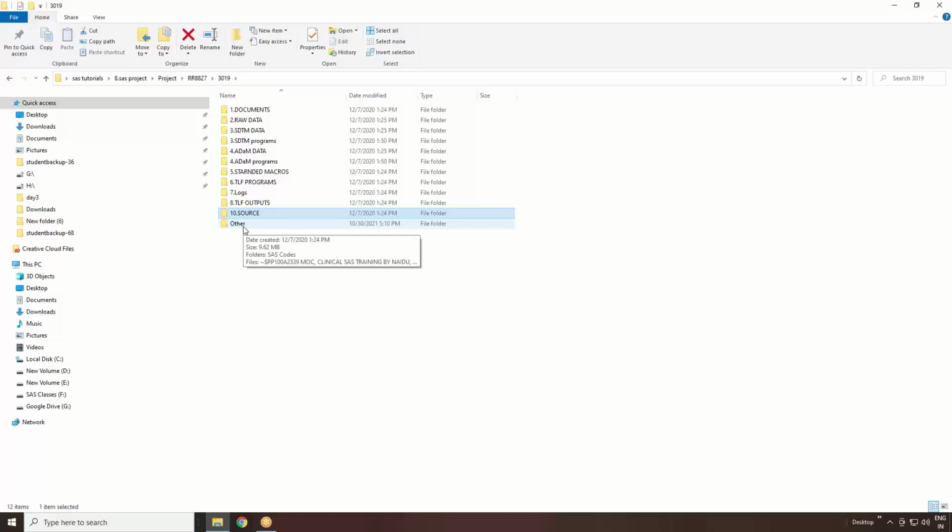project in the organization. So you will see documents, you will see raw data, you will see SDTM data sets, you will see SDTM programs where they will stay, and ADaM data sets will also be stored in one location, and ADaM programs, standard macros, as well as TFL programs, logs and outputs will be stored in different locations. So this is the whole folder structure. As a SAS programmer, this is what you need to know before starting off your job.